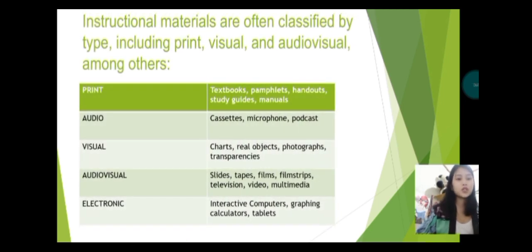So next, instructional materials are often classified by type, including print, visual, and audiovisual, among others. So print: we have textbooks, pamphlets, handouts, study guides, manuals. Audio: cassettes, microphones, podcasts. So next is visual: charts, real objects, photographs,